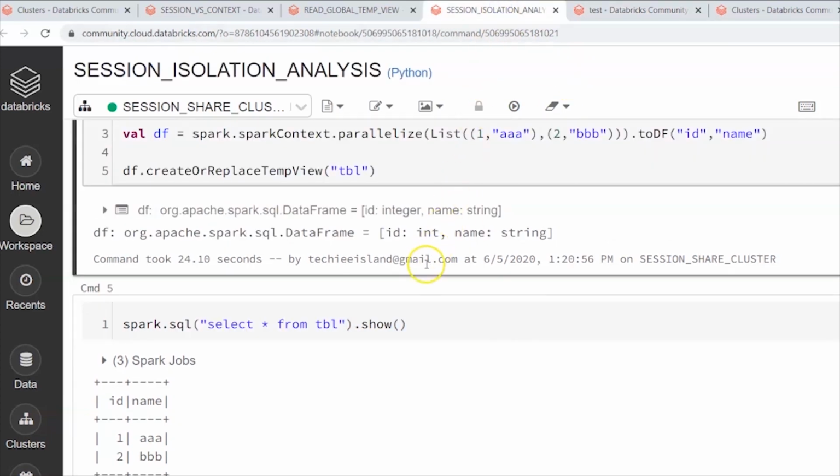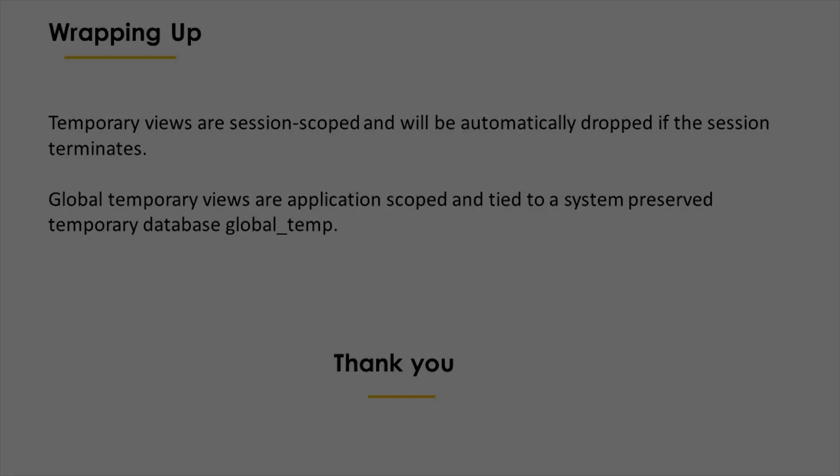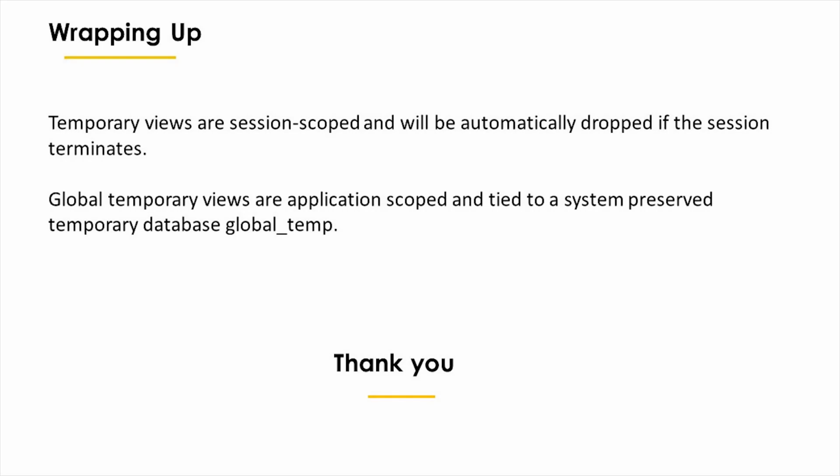But this option is not advisable for security reasons. In a nutshell, a temporary view skips persisting the view definition in the underlying metastore, if any. If global is specified, the view can be accessed by different sessions and is kept alive until your application ends. Otherwise, temporary views are session scoped and are automatically dropped if the session terminates. All global temporary views are tied to a system-preserved temporary database, global_temp. The database name is preserved, and thus users are not allowed to create or drop this database. You must use the qualified name to access a global temporary view, as we have already seen.